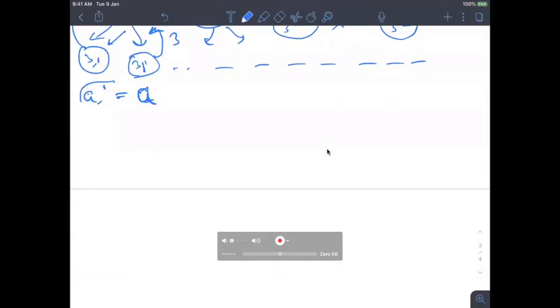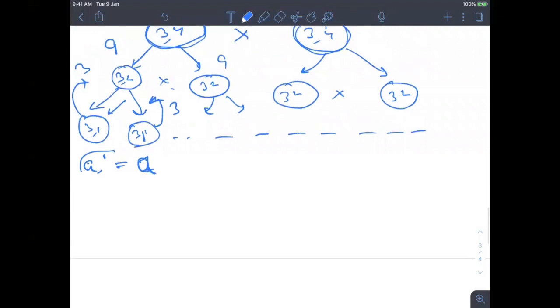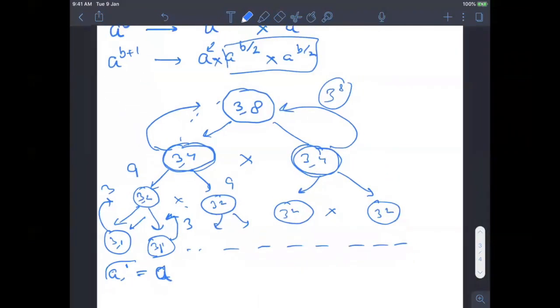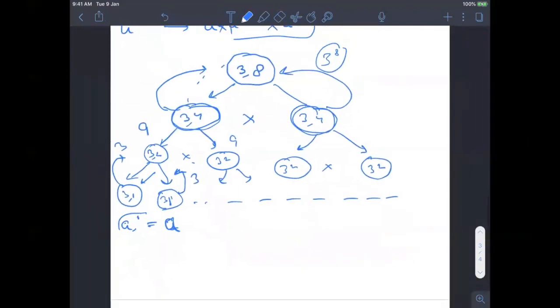So we are again able to find the correct solution, but now let's try to analyze the complexity again over here. If we look closely, we are again calculating every node. So 10 to the power 8 means you are running 10 to the power 8 instructions, right? So here also at the end you are calculating everything. 3 की power 1 into 3 की power 1, 3 की power 1. So it will definitely be 8 nodes over here.